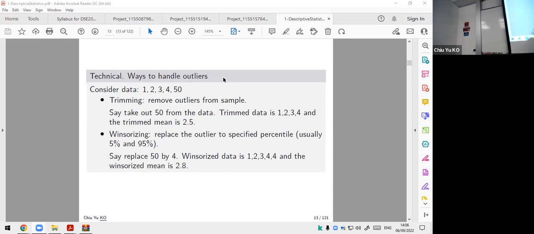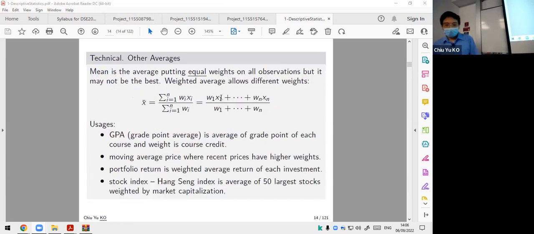Okay, so this is the thing, but of course it's a technical, advanced topic; I just put it there in case you're interested. And the next one, which you also learn in high school and is commonly used, is called weighted average. An average is adding up everything divided by the number of them, but that means every observation has the same weighting, right? And that is not very appropriate.